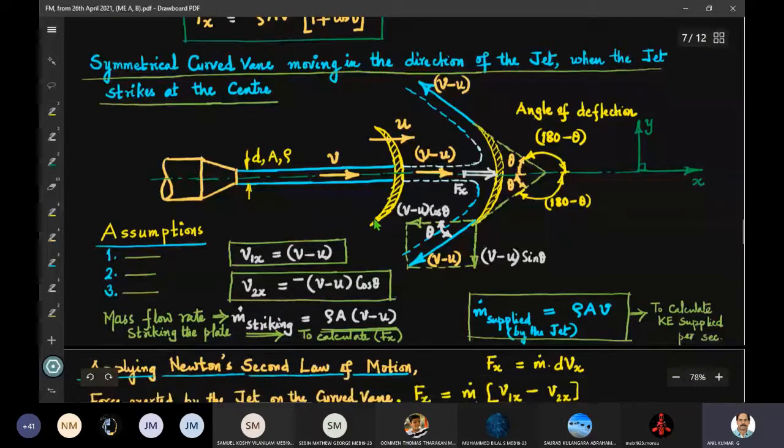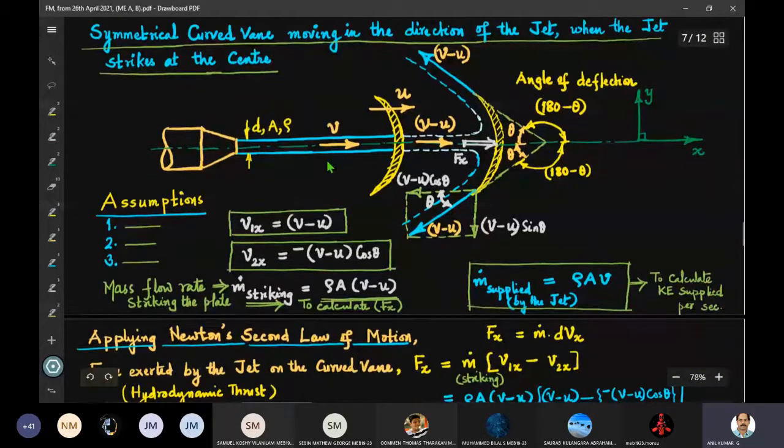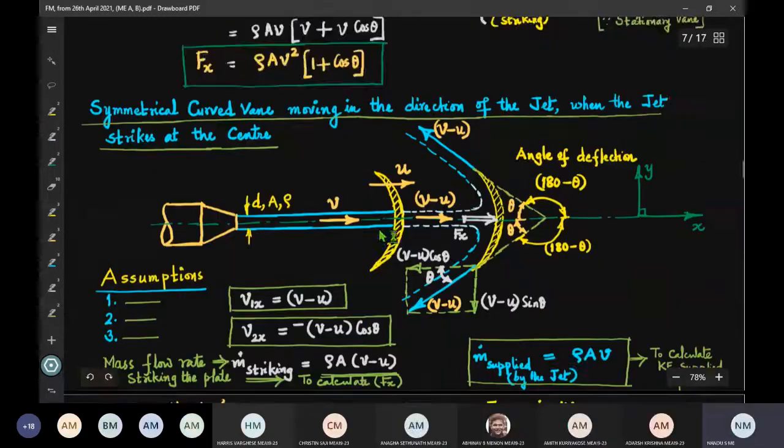Okay, and here now we pass on to the next case where we can have fruitful power generation. In the earlier case, there is only force exertion, no work done, since the vane is not moving. Here the vane is moving and we are going to get the work done. So this is the x direction and orientation y is vertical, and in this orientation, when the jet strikes, the vane is displaced in the direction of the jet and away from the jet.